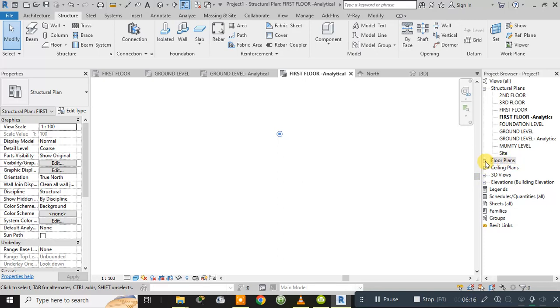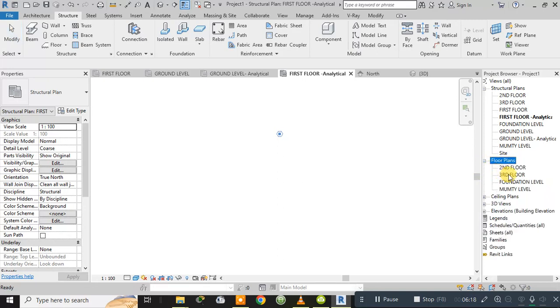But as soon as you click in the floor plans, second floor is present, third floor is present, foundation level is present, and multi level is present, but there is no ground level as well as first floor. So what you need to do is, you have to create here first floor and ground level, and for that